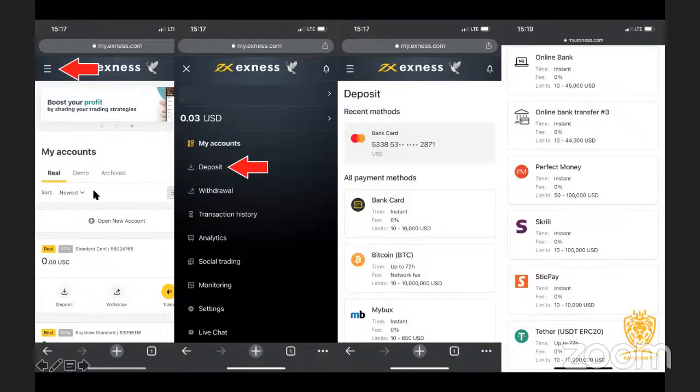So how do you make a deposit into your account? You log into your Exness dashboard. And mind you, some of you might not know, Exness is an independent Forex broker. So we don't have any personal relationship with Exness. And that's what makes this very sweet. You are in total control of your funds. You are in total control of your money, because your money is with you and you're the only one that has access to this Exness dashboard. So it's not like we are the owner of Exness. I don't know if you understand me.